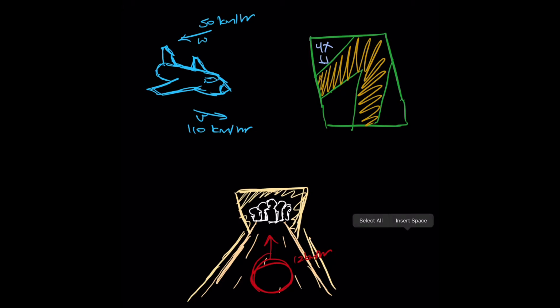Let's imagine that you're on an airplane heading at a velocity of 110 kilometers an hour. There's a tailwind blowing at a velocity of 50 kilometers an hour, and you want to find the airspeed of this airplane. Or let's say that you're a graphic designer and you want to coordinate the optimal vector for a